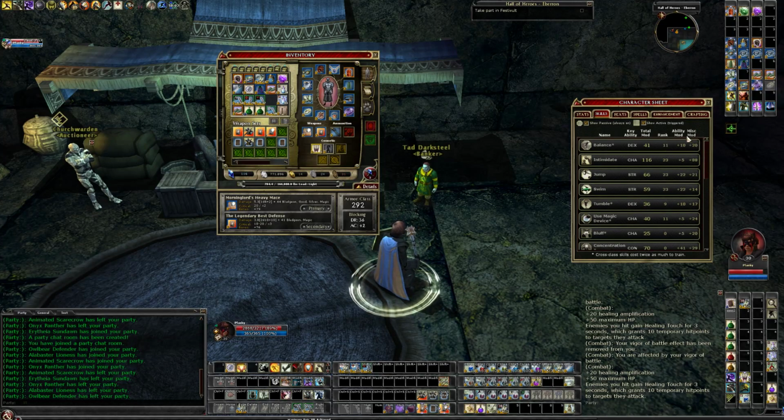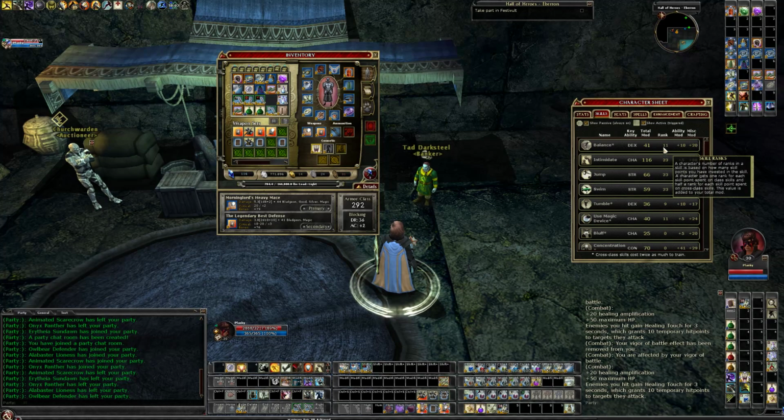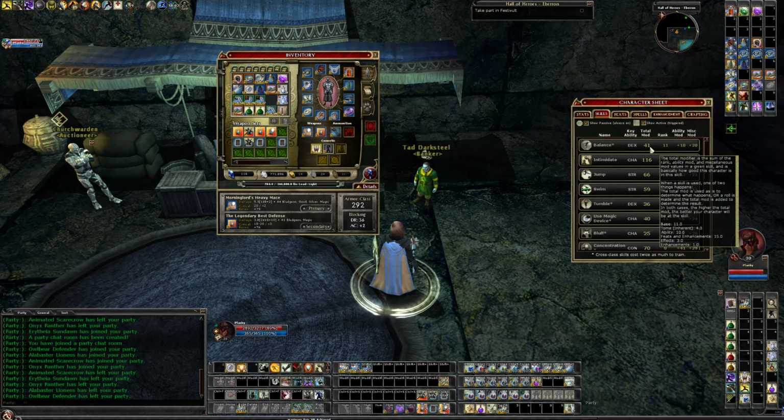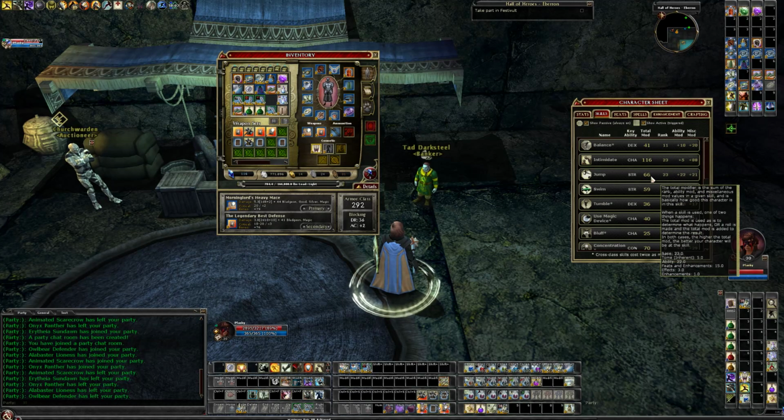Let's start at the top. So I did the max amount of ranks in balance. Got me a 41 balance. Intimidate, I maxed out. 116 Intimidate. You can see here I got +4 tomes. You can see the stats there on that. Then here's the balance. I think I have 4 tomes across the board. I might have a couple 5s. Yeah, here's a 5 right here on jump,